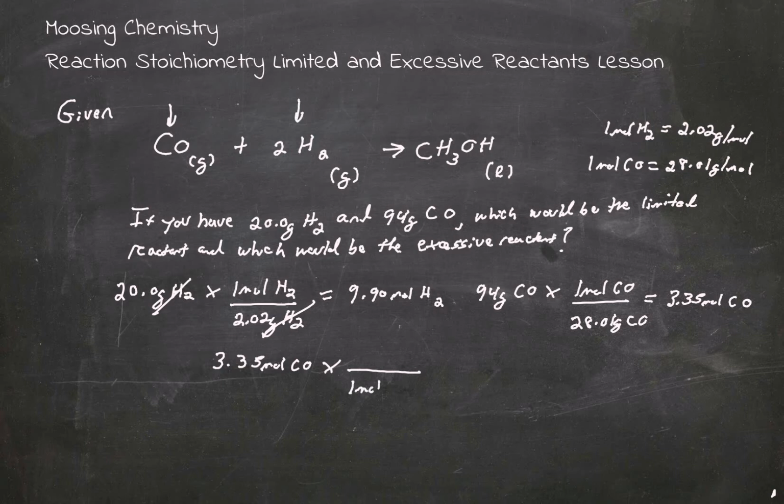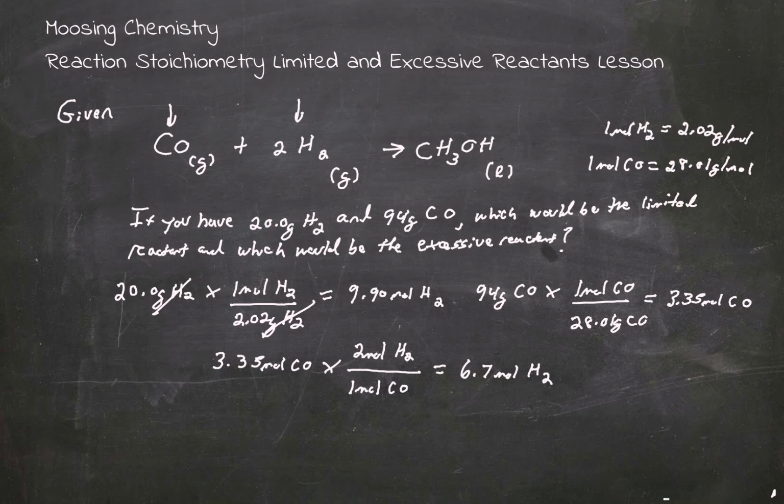So we have 1 mole of CO over 2 moles of H2. Okay, when we do that, 3.35 times 2 equals 6.7. We are going to need at least 6.7 moles of H2 in order for this reaction